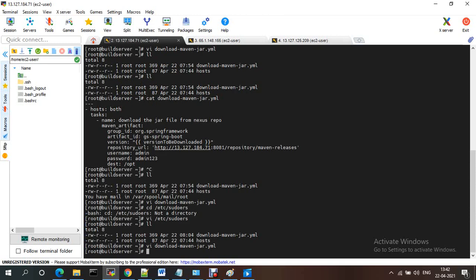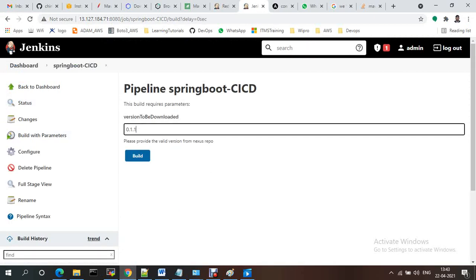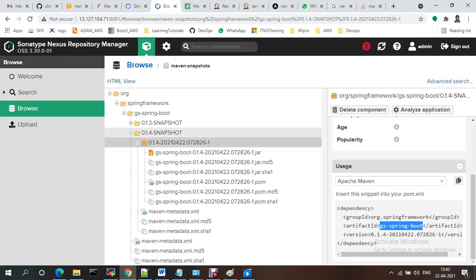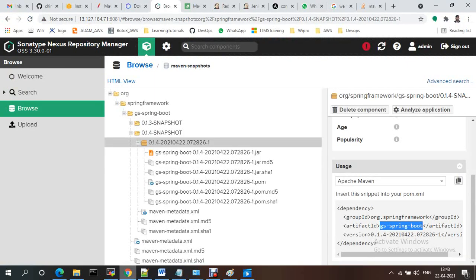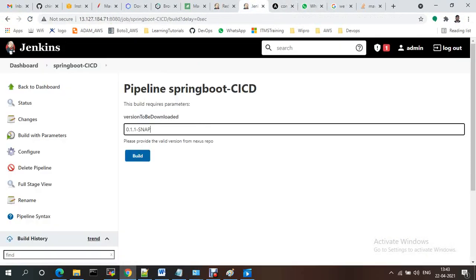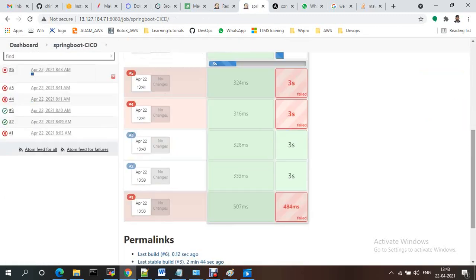Okay, now try to execute that one. So let me check what version should be available under snapshot. 3, right? Sorry, 0.1.3-SNAPSHOT. Let me build this one.